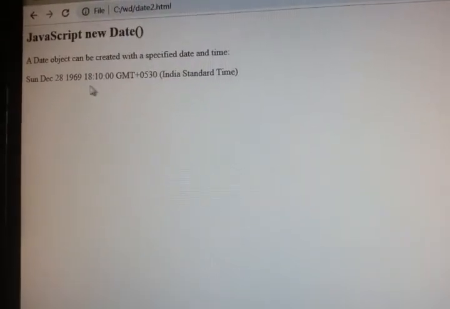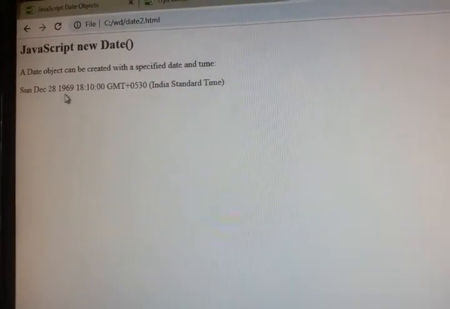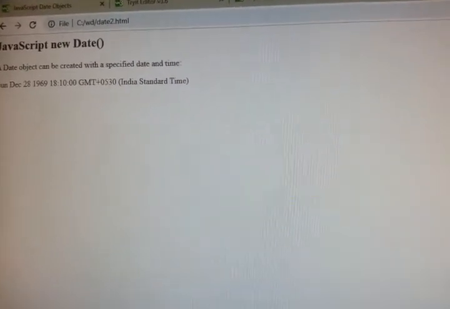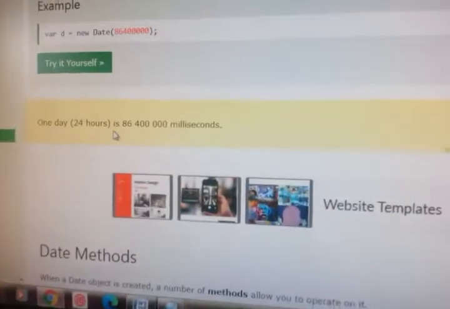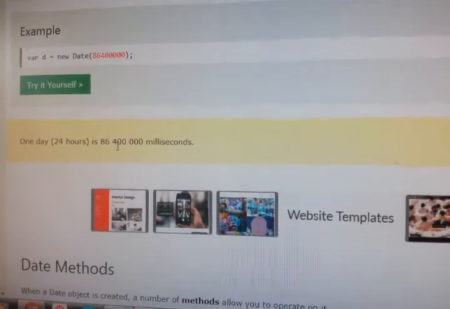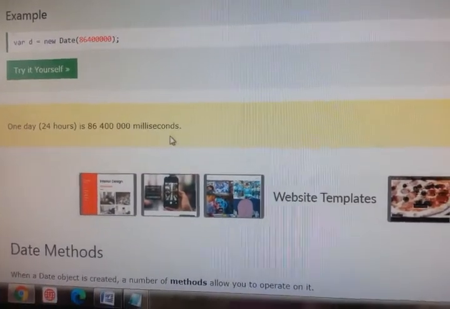Say this is December 28. So 1 day back. So 1 day, 24 hours, means 86,400,000 milliseconds.